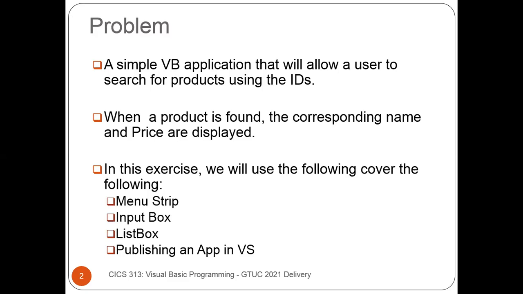So in this, of course, to do this, we need to first of all identify our input. So input would be the product IDs, the product names, and the product prices. Those would be the input. And then the output would be basically the information about the product that we are looking for. Okay, so we first start by